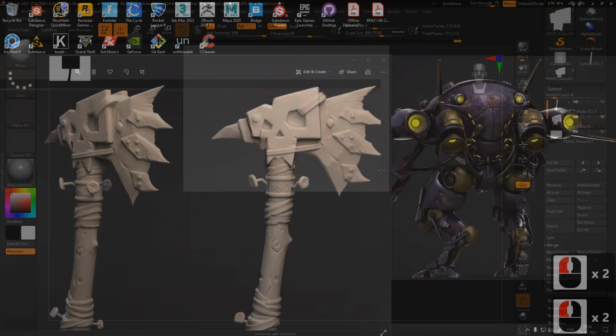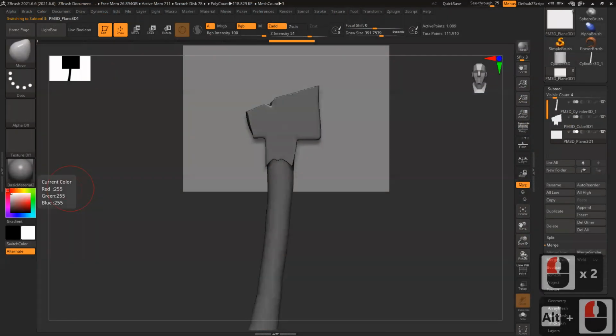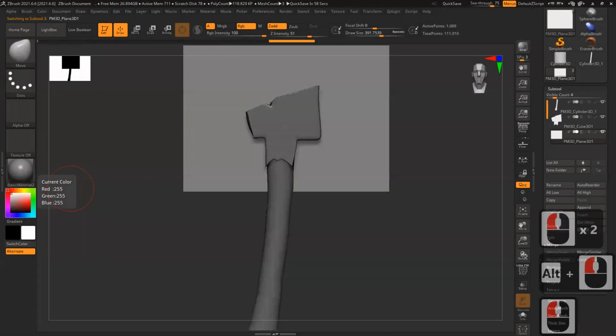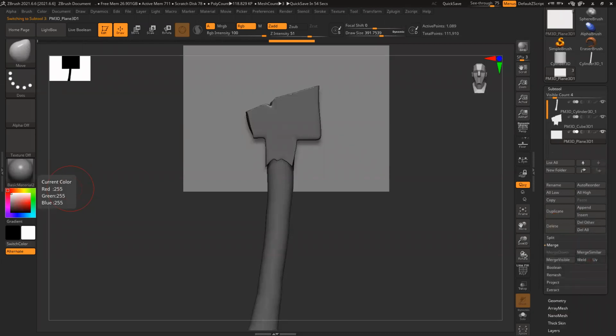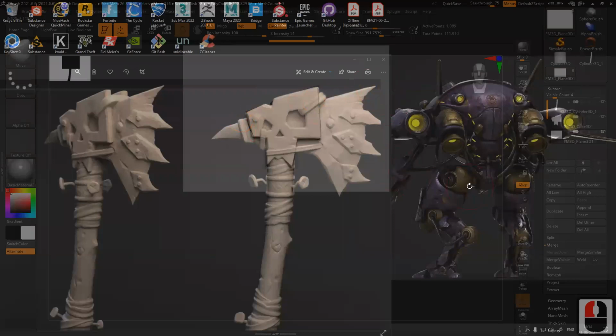Okay, now select this. Ashwin sir, I have one doubt, sir. Can't we apply a reference in ZBrush? Yes, we can apply a reference. We can use a light box and apply a reference. It's the same thing, right? If it's transparent, you can see through the image. Exactly the same thing. In reference also, you can have a background image and on top of it you create things. Exactly the same thing we are doing.